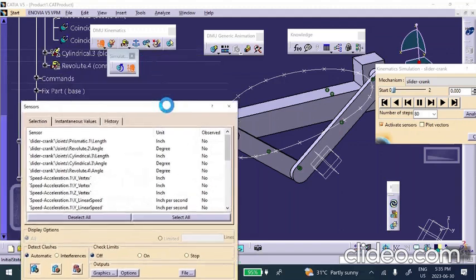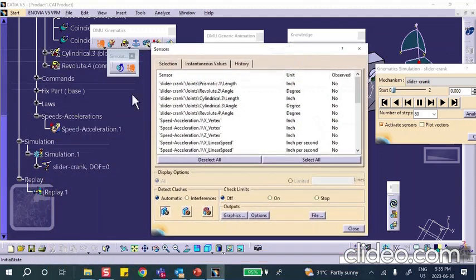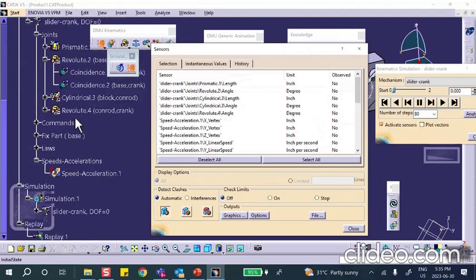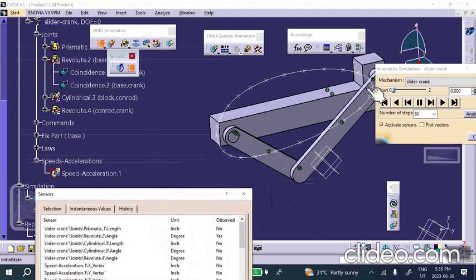Which one was the one that I had Revolute 2? Which one did I fix? Yeah, it was Revolute 2. Okay. So I'm also going to ask for Revolute 2, which is the angle of that crank, okay? As a function of time, that angle will grow, correct? Goes from 0 to 360. Now, move this thing down and play it